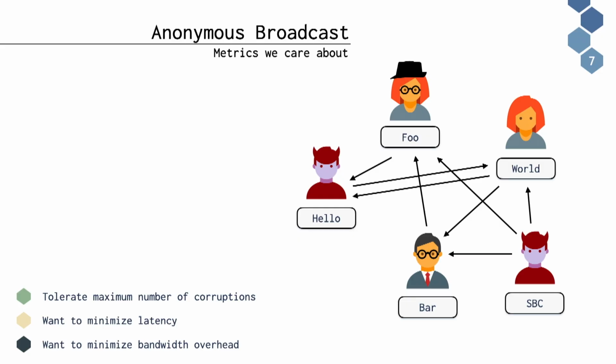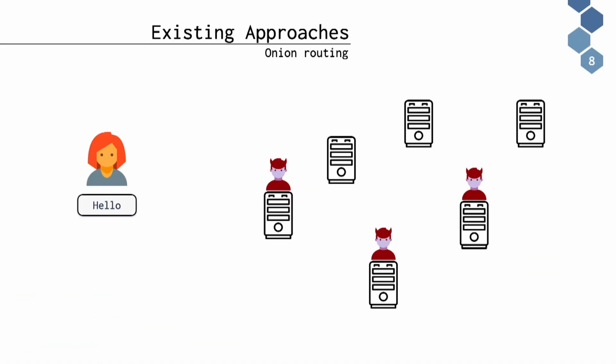Usually you can't have all three in the best possible sense, so you have to pick your poison, and different approaches pick different poisons. Onion routing, at a very high level, in a toy version of the problem, has a client and a bunch of servers. Some of the servers might be corrupt, and what the client does is pick a path through this network, and then one of the servers in the end reveals the message. And this is a toy version. Obviously, there are much more sophisticated things happening in practical onion routing approaches like Tor.